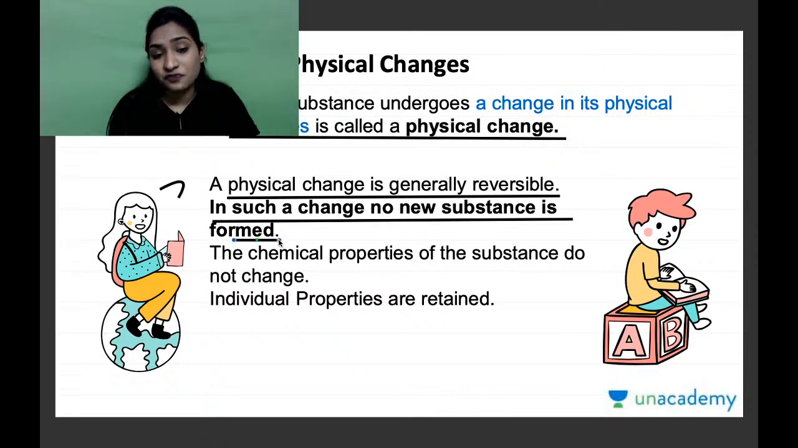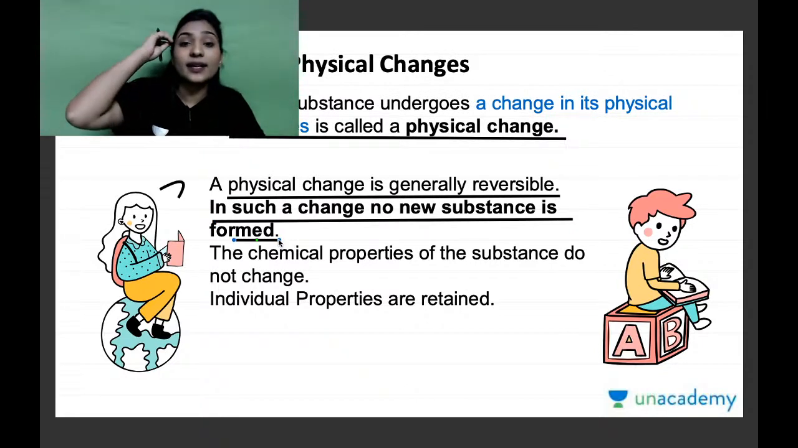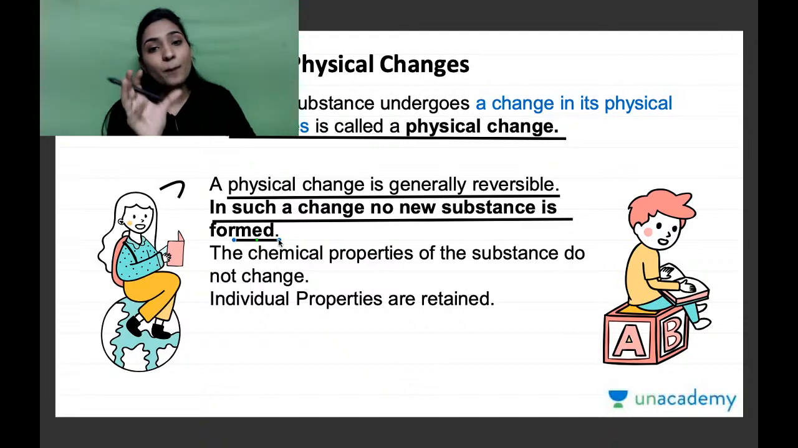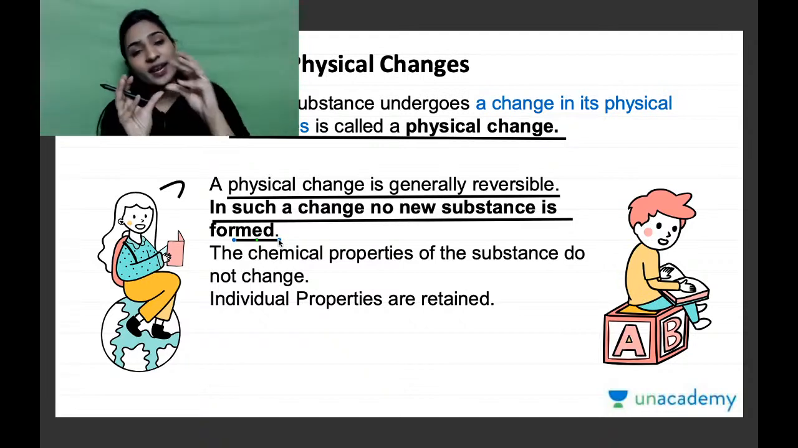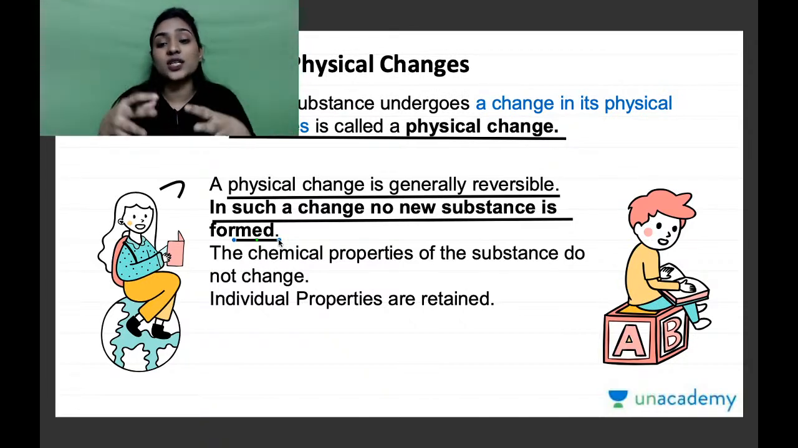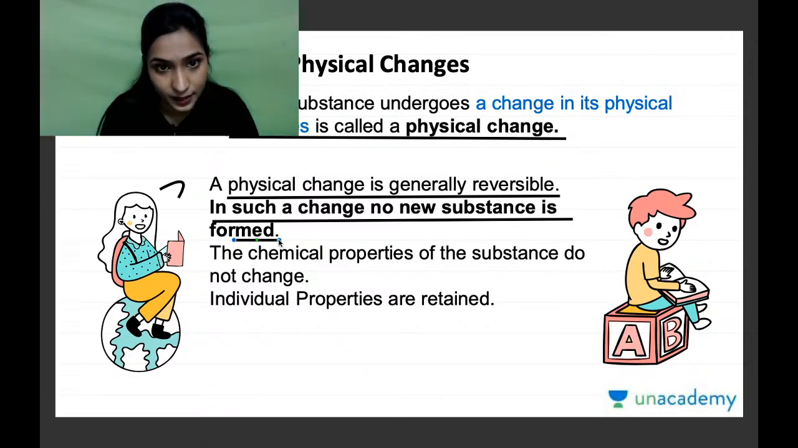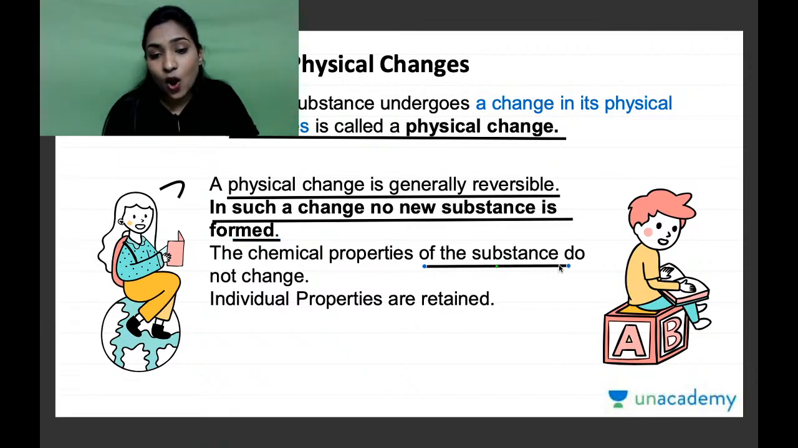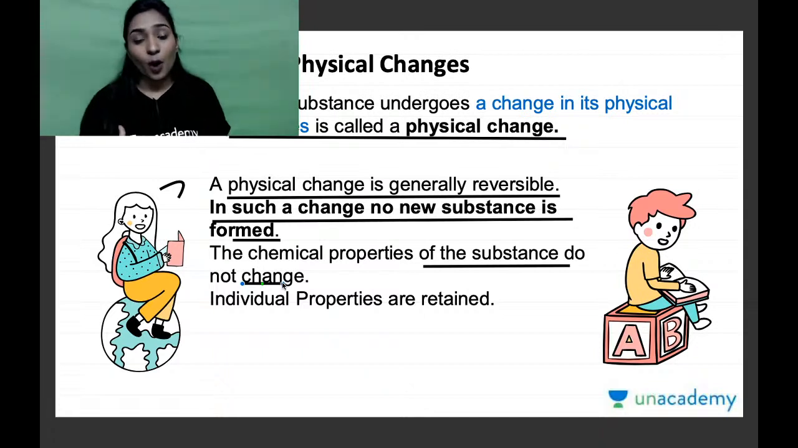Very, very important feature is, in such a change no new substance is formed. कभी भी इसमें कोई नया चीज नहीं बनेगा, जो हमारे पास प्रोडक्ट है वो वही रह जाएगा। ऐसा नहीं है कि 2 चीजें 3 चीजें मिला के कोई नया प्रोडक्ट बन गया। Very, very important, the chemical properties of the substances do not change. ऐसा नहीं है कि उसके अंदर का प्रॉपर्टी चेंज हो जाता है।